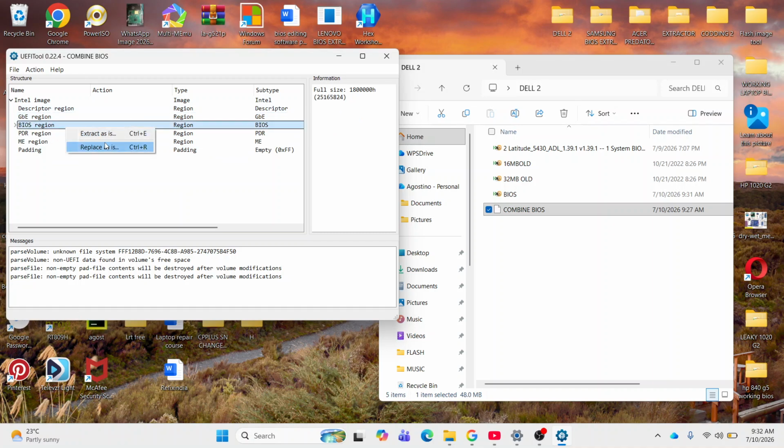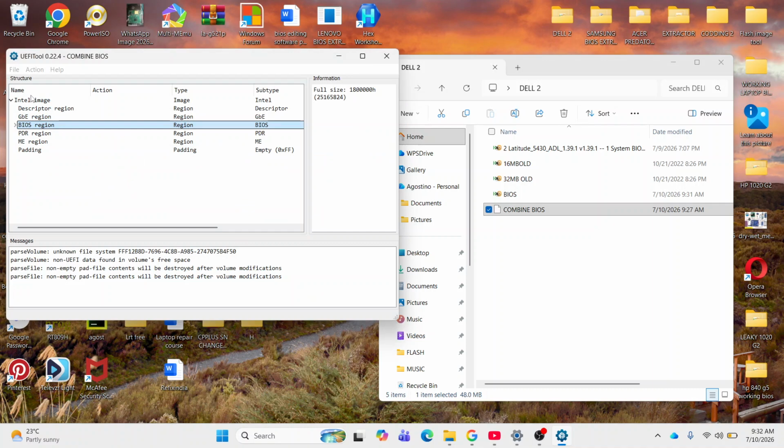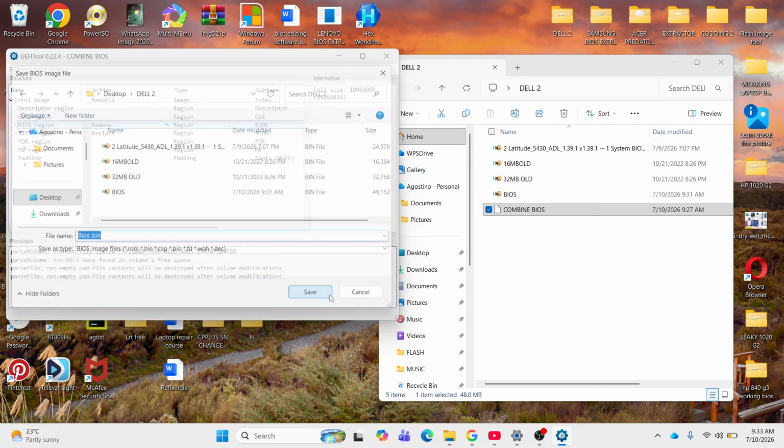So press replacer, then I'll press here, then I'll press there, then I'll come here again, save. I'll save here, Dell 2. So write bios.bin, bios.bin, then I'll press